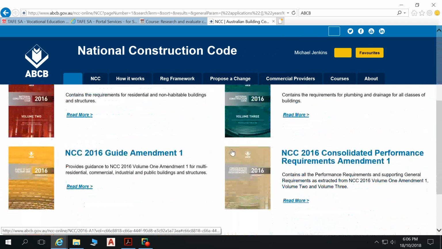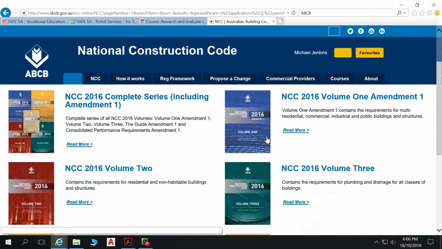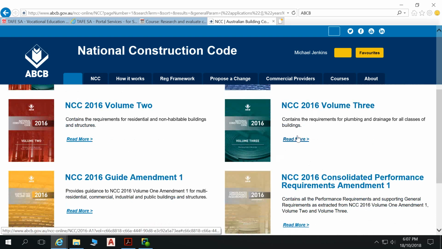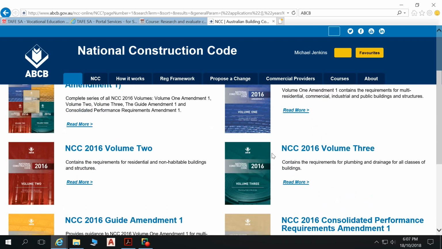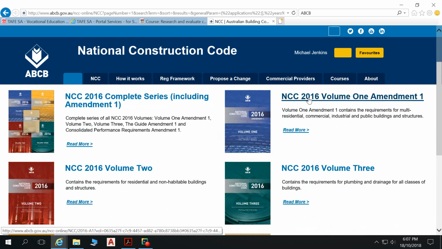Now, as you probably know, the NCC comes in 3 parts. Volume 1 for commercial construction, so classes 2 to 9. Volume 2 is for classes 1 and 10. That's our detached residential and garages and carports for class 10. And then volume 3, that's predominantly for plumbing and drainage. So being a class 2 dwelling, we're looking at a multi-residential dwelling for our project number 2. So we're concerned with NCC volume 1. So we open that up,